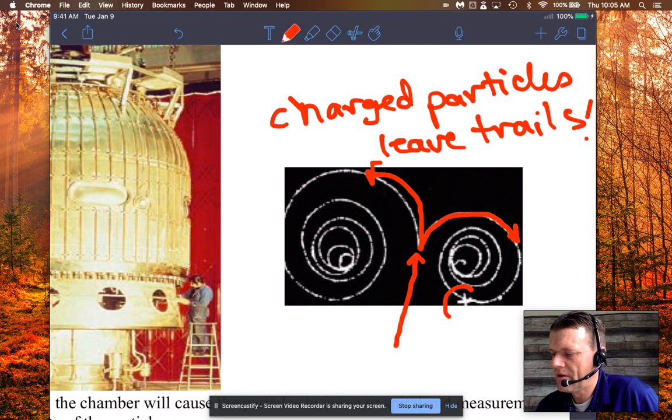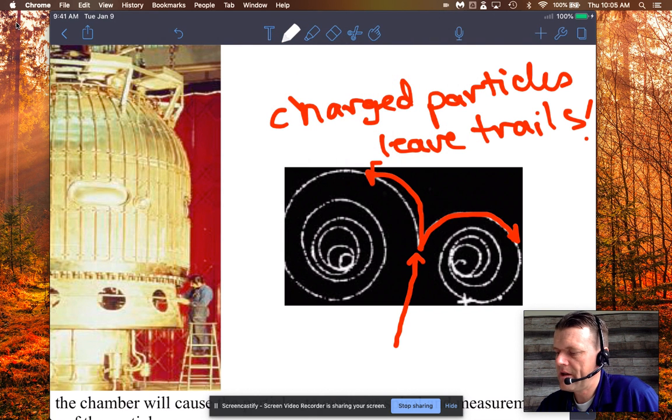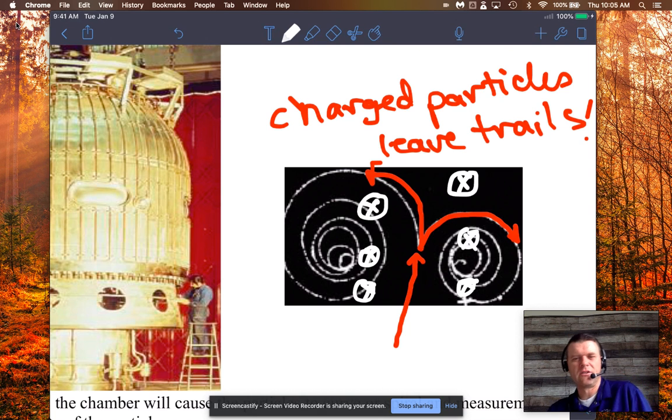And notably, one charged particle went this way and another charged particle went this way. And you can see that there's a little plus sign there. But there is a magnetic field that's applied over this. And for our purposes, we could maybe draw it like this. So, we'll say that the magnetic field is into the page. Okay, so little X's here showing the magnetic field's directed into the page. So guess what? This is where you have to use your third hand rule, and we're going to do this in just a second. But you can determine which one is positive and which one is negative.